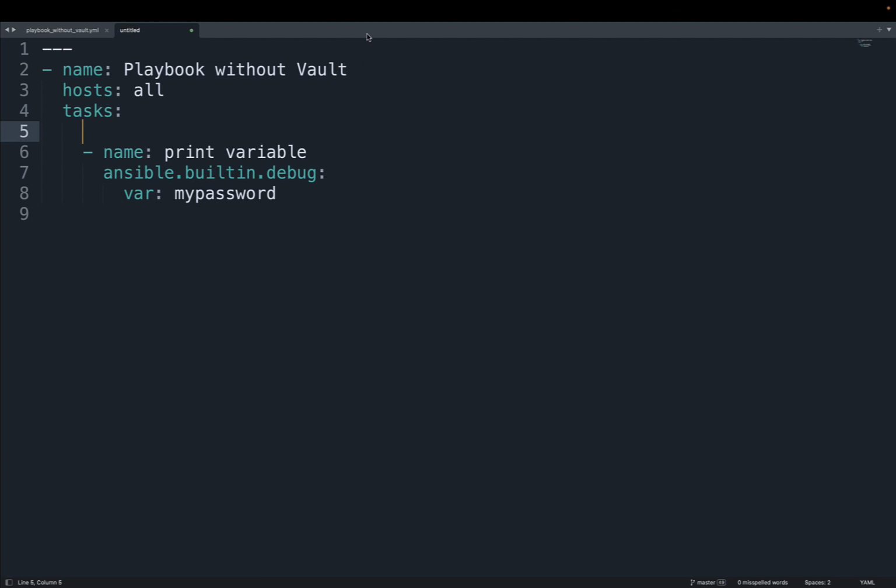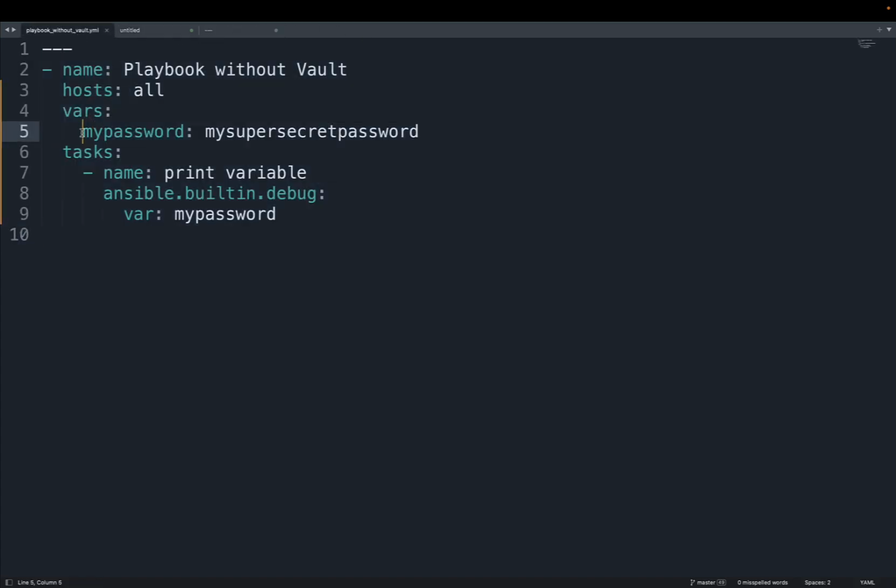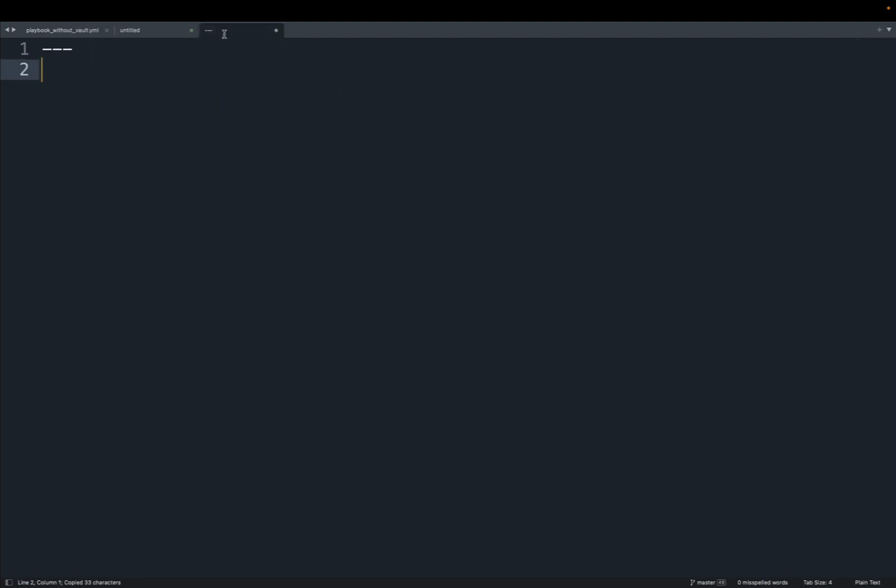But first of all, we need to separate our variable into a different file, the file that will become our Ansible Vault. So let me select the variable, my password, and paste it in a new YAML file.